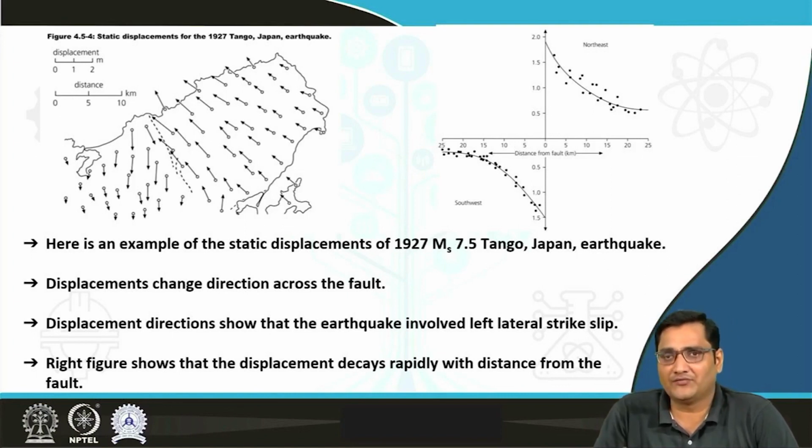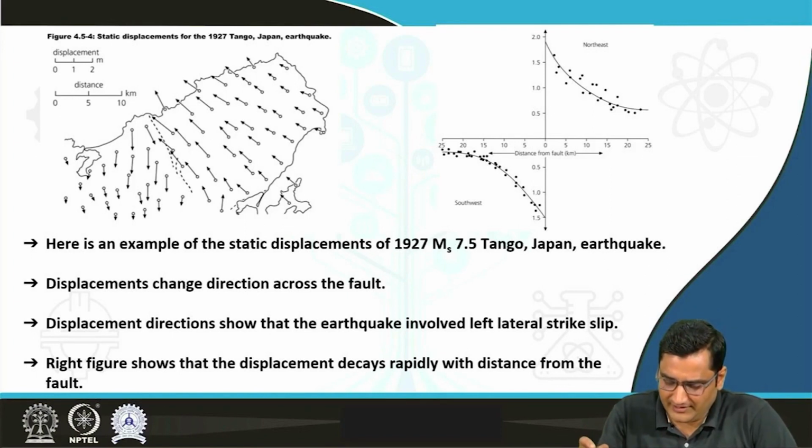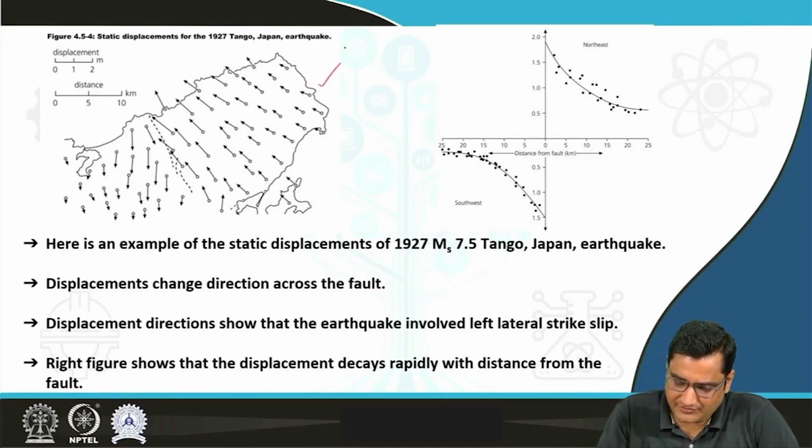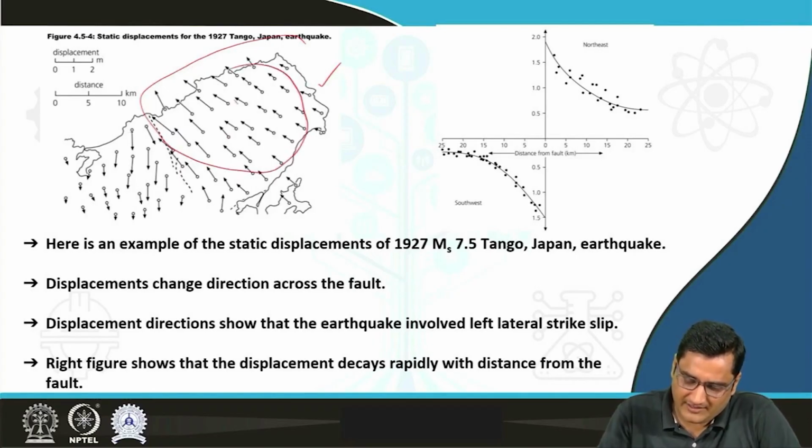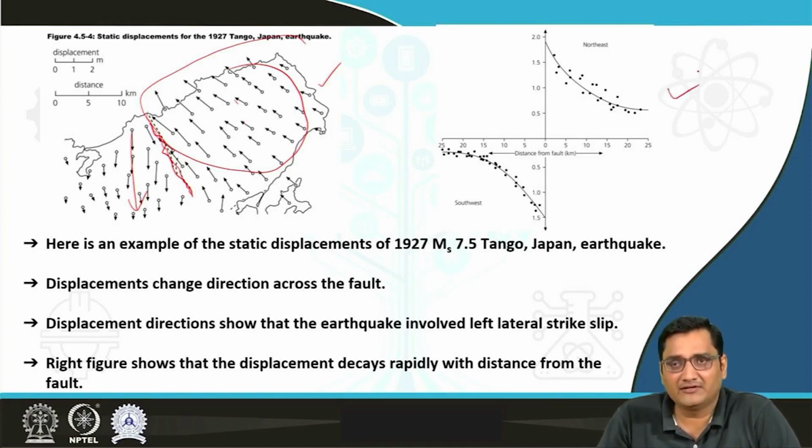magnitude 7.5. And here you can see several vectors being shown. The direction here is the up direction, and here it is going in this direction. And this is the trace of the fault, shown by the dashed line. You can easily understand just by looking at these directions that the fault is a left lateral strike slip fault. And the figure on the right is displaying the displacement that is decaying rapidly with distance from the